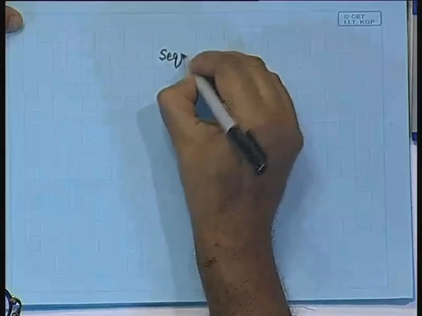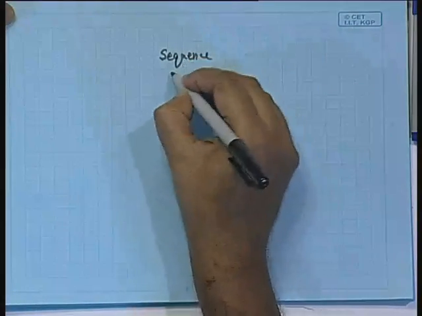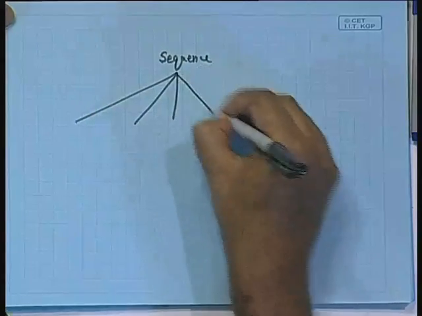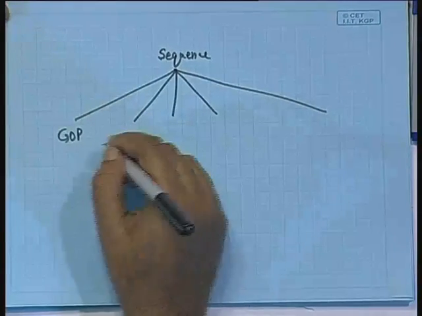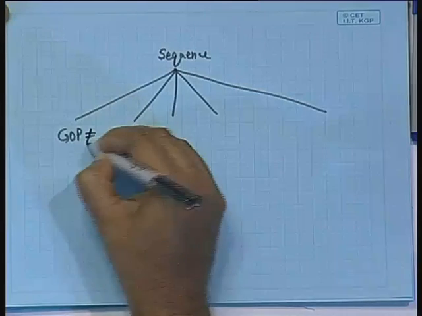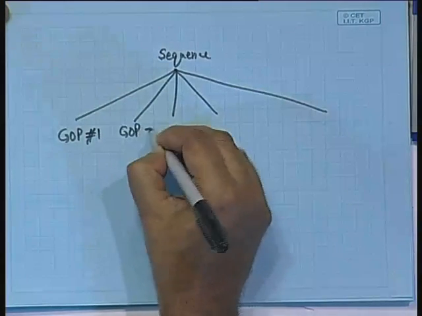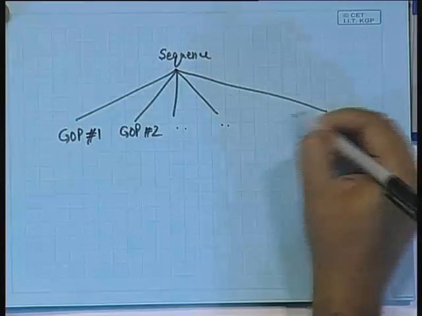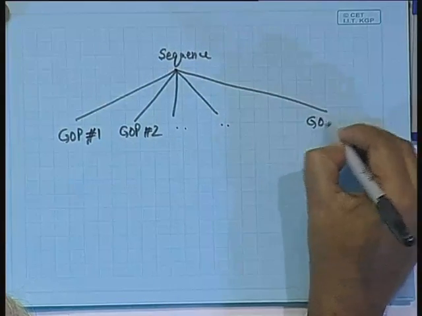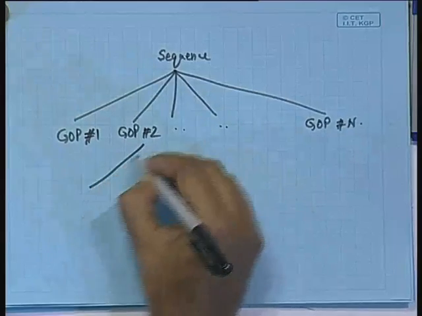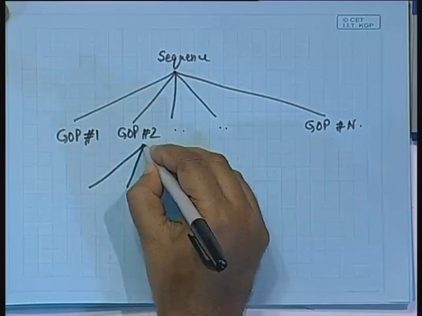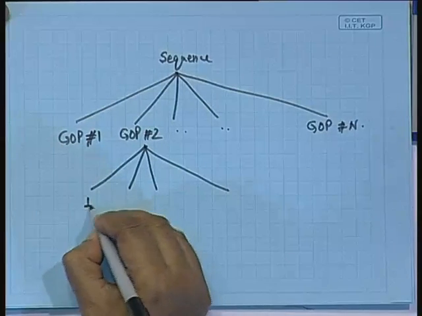You see, we have already told you that when you have a video sequence, the sequence is essentially partitioned into a group of pictures. We can call those groups of pictures by the name GOP. So, we start with GOP number 1, then GOP number 2 and so on. If you take the composition of any GOP, you will find that there will be an